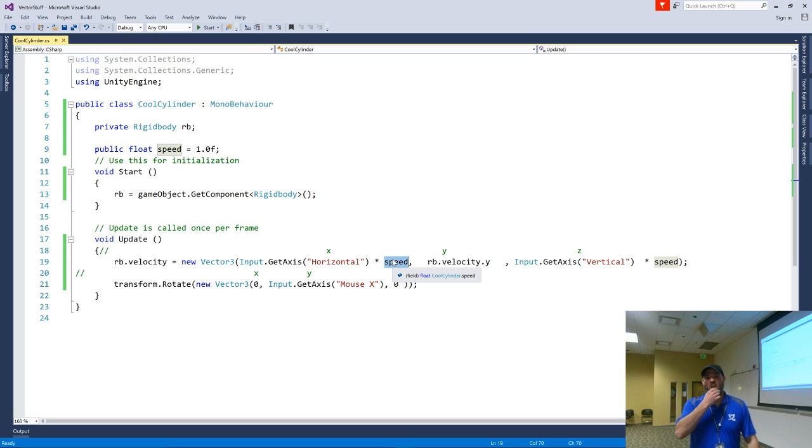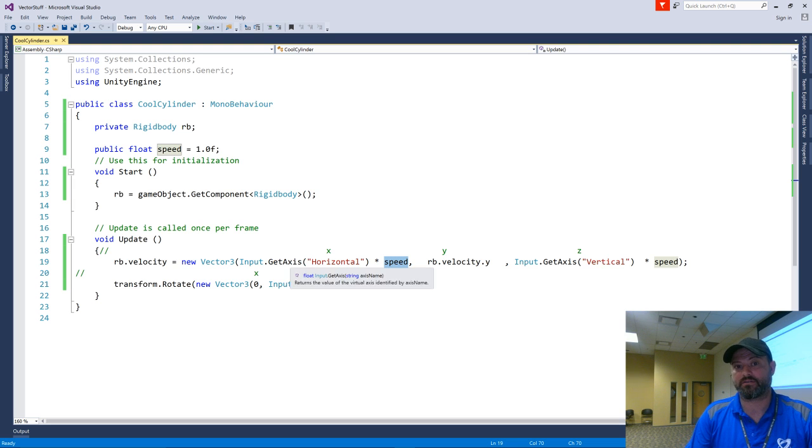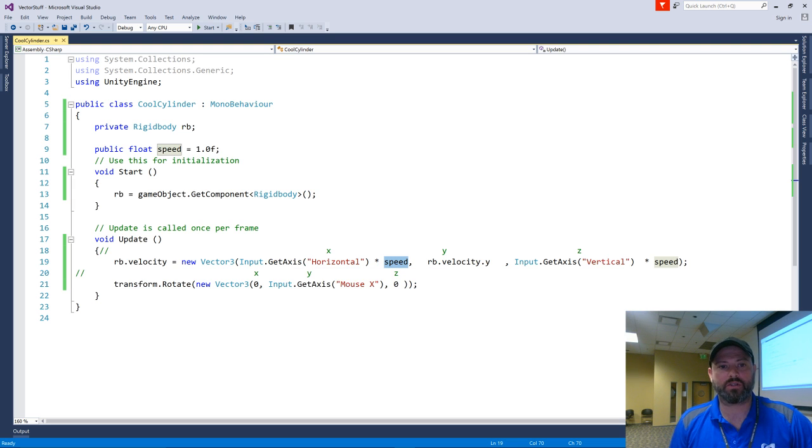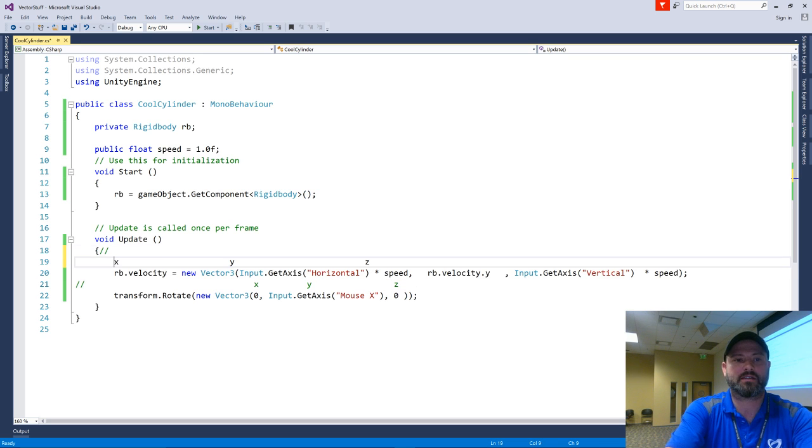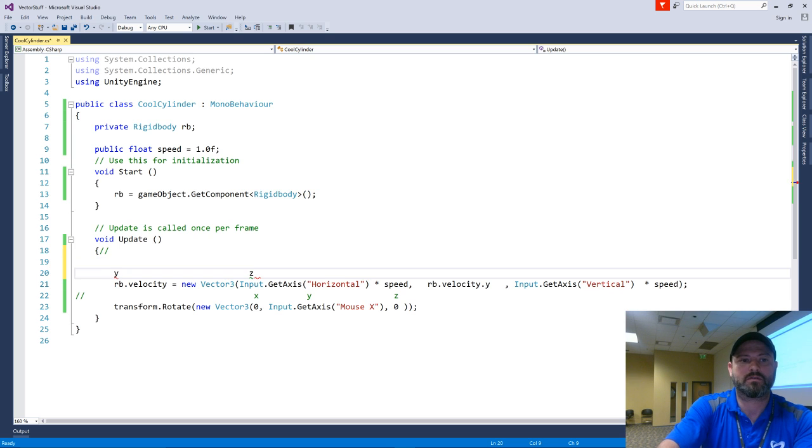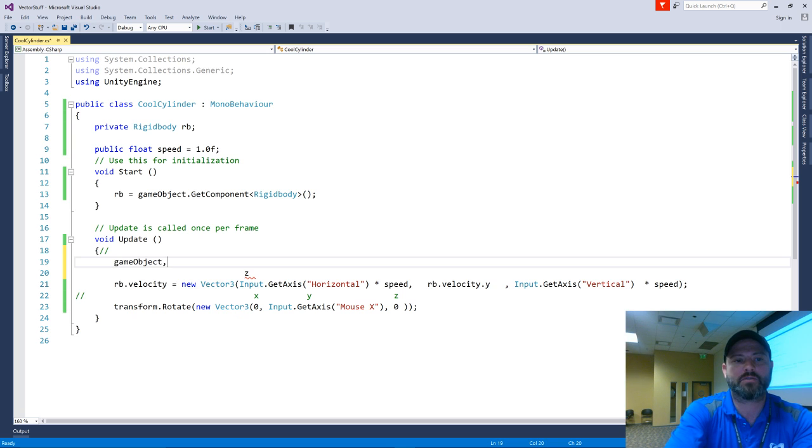We don't want that. So we want to be able to do something different here. And what we want to do for moving on this is we need to get, if we look at game object dot transform.